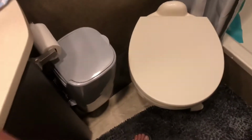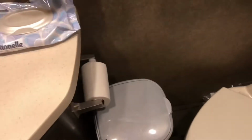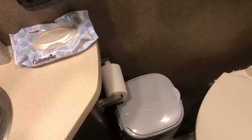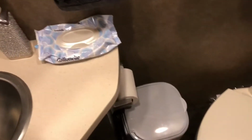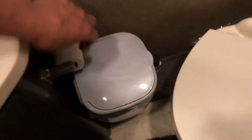here's something unique. This is called a pet genie. It's also known as a diaper genie. I am kind of a snob when it comes to wiping my bum. I want real toilet paper and I want wet wipes. Well, you can't flush those in an RV toilet. So, what I do,